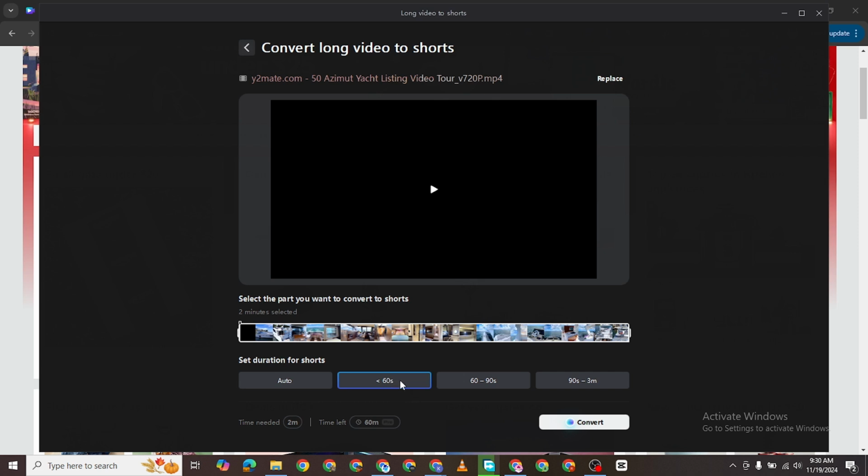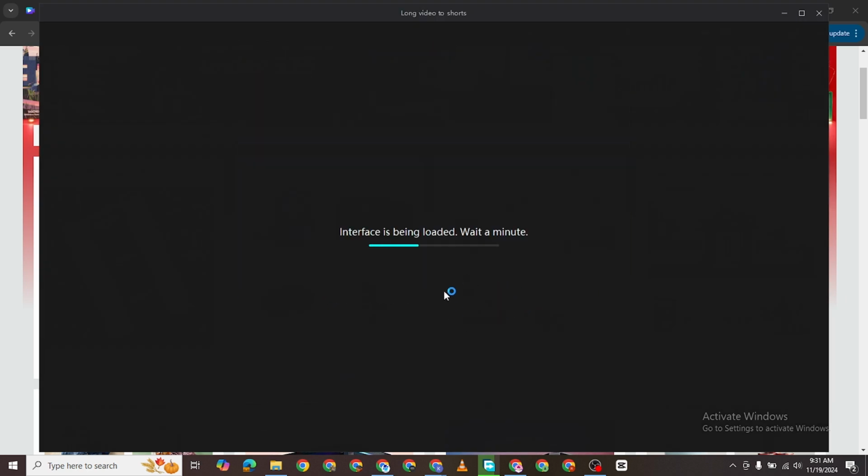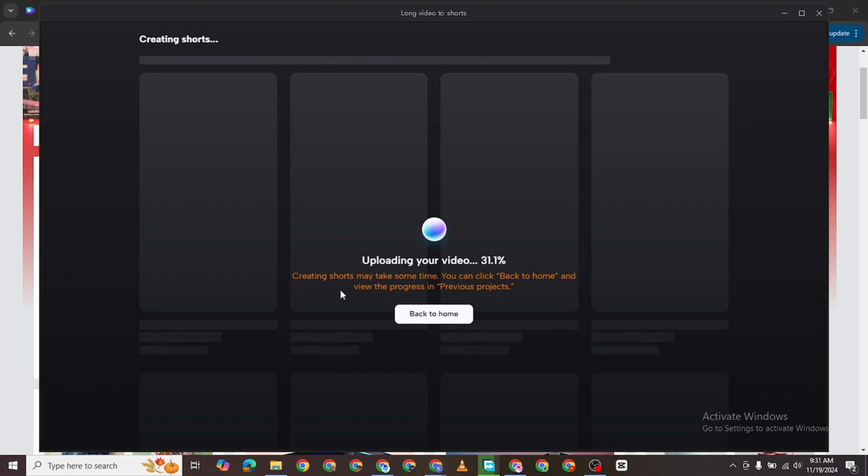So having done that, I'm going to click on convert, and it's going to say allow CapCut to upload your media to our servers. Yes, allow. Now this is done online, but it's going to be displayed on your CapCut dashboard, so I'm going to say allow, and it's going to take a little bit of time, and it's going to upload the entire video online and produce some shorts which you can download. Now you see it tells me this creating shorts may take some time. You can click back to home and view the progress in your previous projects. So I'm just going to click on back to home,